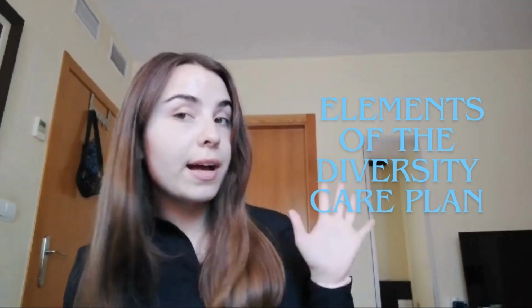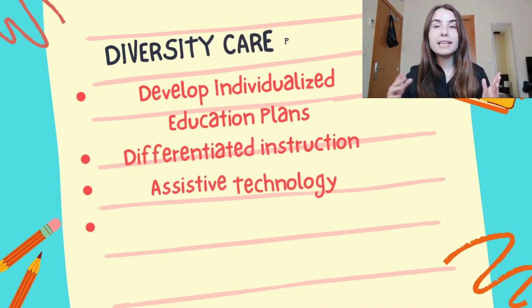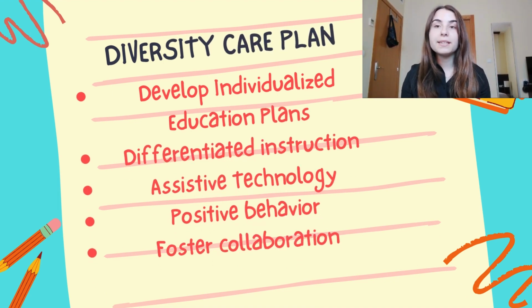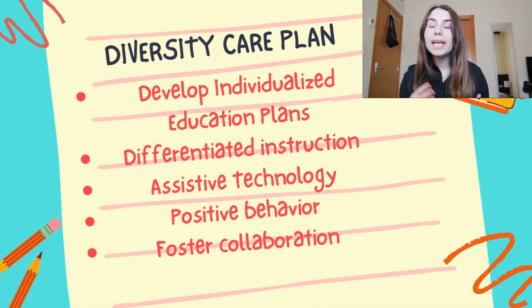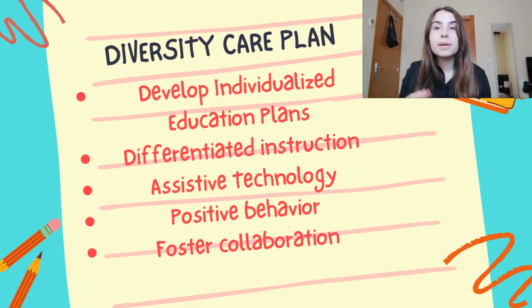The third block will consist of the elements of the diversity care plan that I find most important for pupils with intellectual disability. I thought of 5. Develop individualized educational plans outlining specific learning goals, accommodations, and tailored support services for each student with intellectual disabilities, differentiated instruction including visual aids, manipulatives, and multisensory activities that can be used to cater to various learning styles, assistive technology